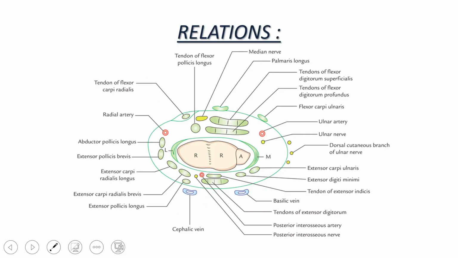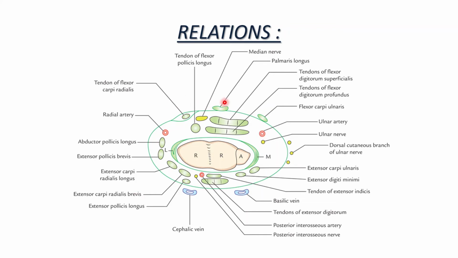Moving on to the relations of the joint. So the joint has the proximal relations and the distal relations. Other than that, mainly the relations include the relations on the anterior surface, the posterior surface, and the medial and the lateral surface. Along its anterior surface, the palmar relations are mainly divided into relations of the superficial plane, relations in the intermediate plane, and relations along the deep plane.